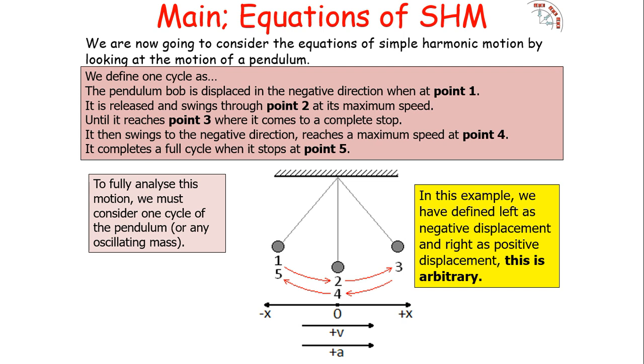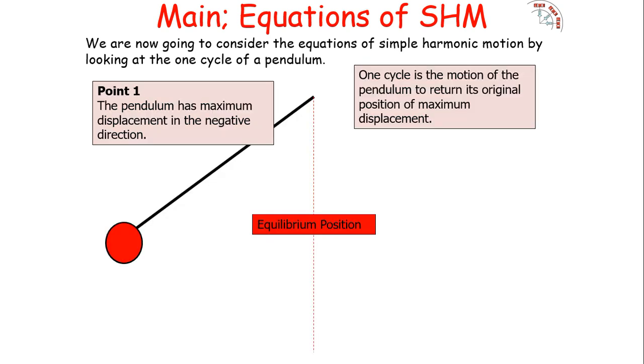So we're going to define one cycle as when the pendulum bob is displaced in the negative direction at point 1. It's then released and swings through the equilibrium position at point 2. Then it's going to reach point 3 on the opposite side of its motion. It's then going to swing back through the equilibrium position again at point 4. And it's going to go back to where it started to complete its full cycle at point 5. So at point 1, the pendulum has maximum displacement in the negative direction. Now we're just going to define going to the left in this example as negative. It doesn't have to be negative if you don't want it to be, but we're going to assume it is